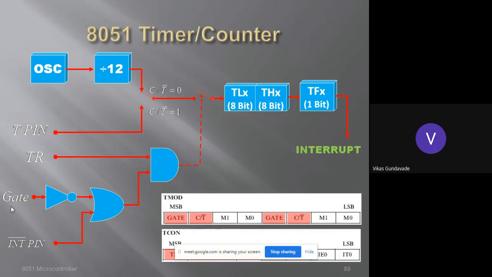or can be stopped. Okay, so when we are using the software, this gate bit should be 0. If you are using external hardware, then this gate bit should be 1. Okay, so for the time being, for these timers, always keep in mind the timer will start one and only when this gate is 0. Okay, and when the gate is 0, then and only then will the timer start.